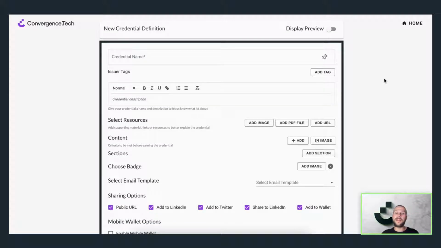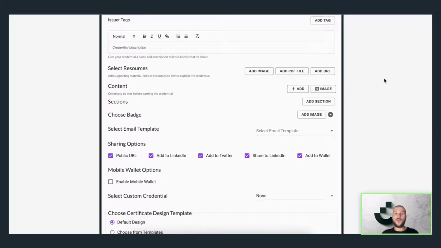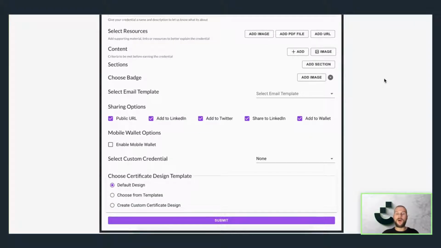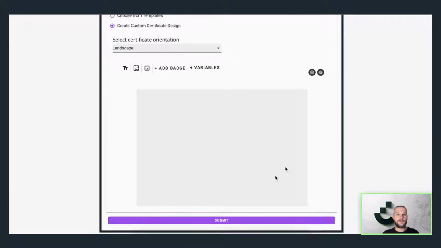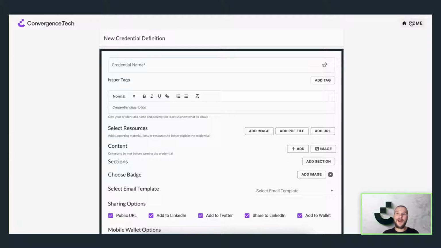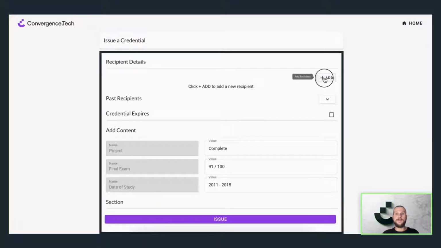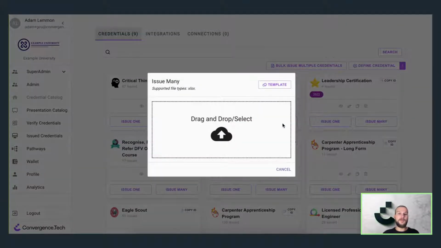This can be done by just adding a name, but you could also include a detailed description, resources, credential content. You can add a badge directly. You can also specify the sharing and authentication settings and complete a certificate design directly within the application. Once a credential is defined, it can then be immediately issued out. You can issue one at a time directly to a contact, or you can issue in bulk by uploading an